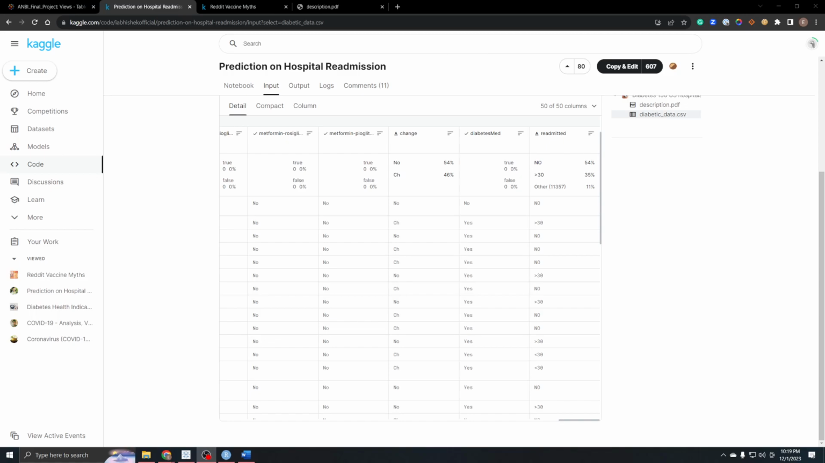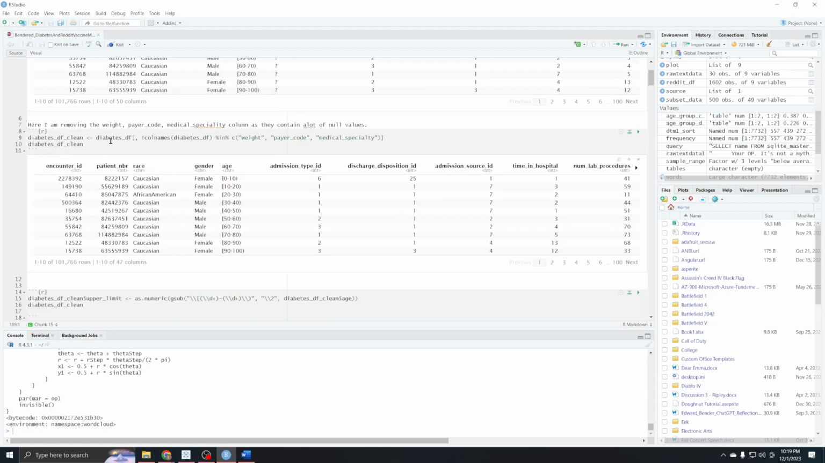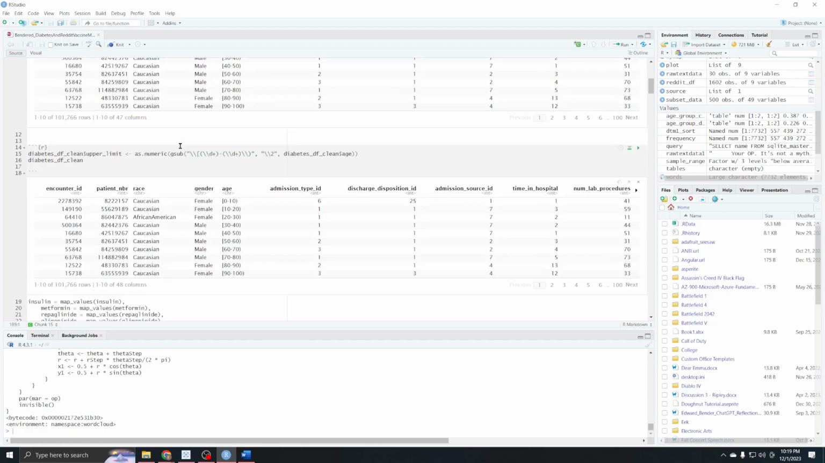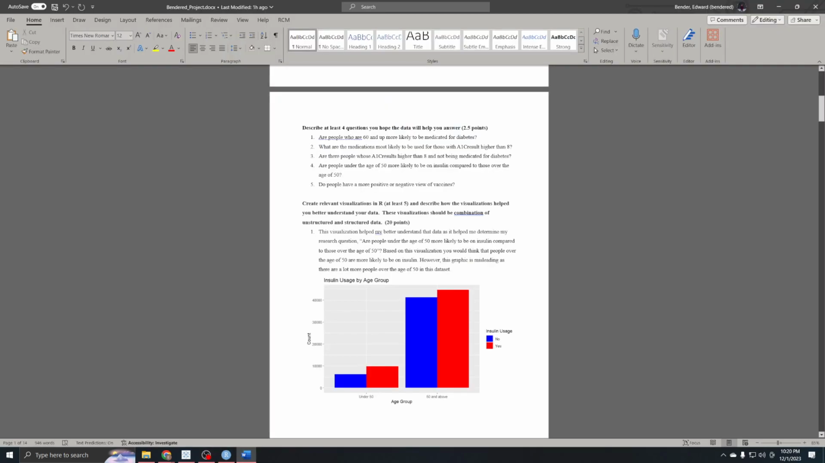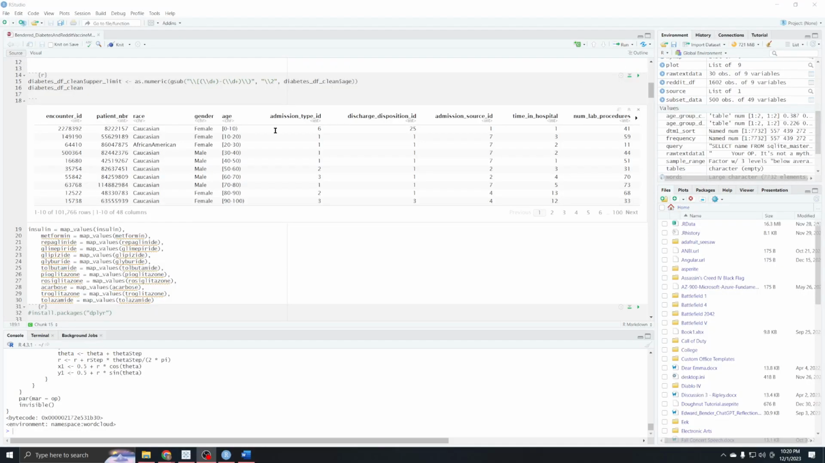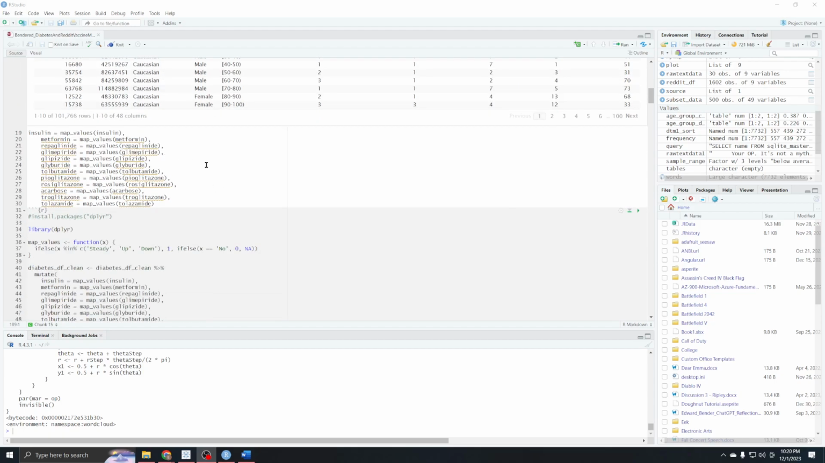Now if we go ahead and go to RStudio, I'll show you some of the work I did there. Here, this is kind of basic. We're just reading in the diabetic data. We're cleaning it up by removing those columns that I said we were going to remove. Here is where I was aiming to answer my first research question. My first research question was, are people under the age of 50 more likely to be on insulin compared to those over the age of 50? To do this, I had to take this age column here and split it up, create an upper limit value, and then